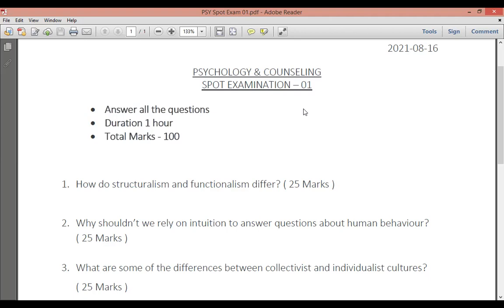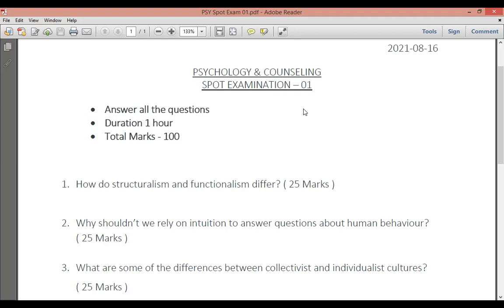I'll share the answers with you. You just go through them. What you have to do is explain the answers in detail. That is the mistake that I saw in yours. You have to explain, and it is also better to write in point form rather than in paragraphs.